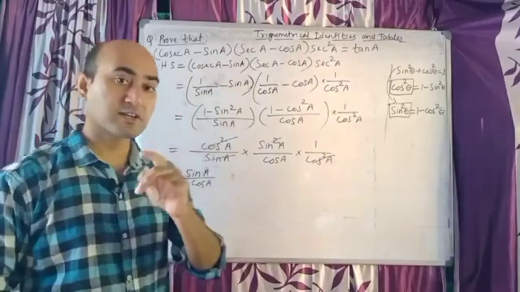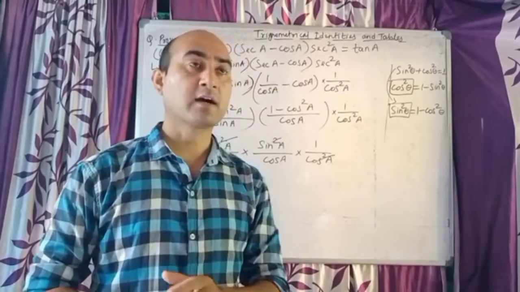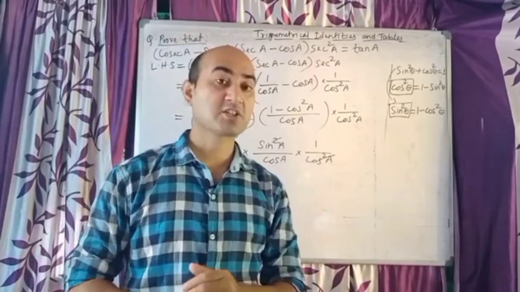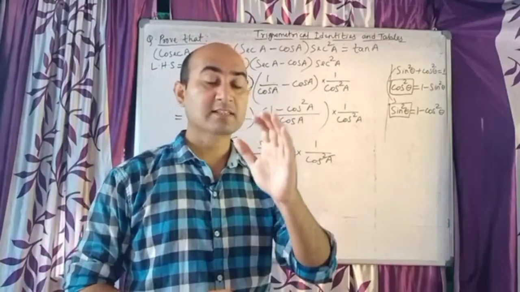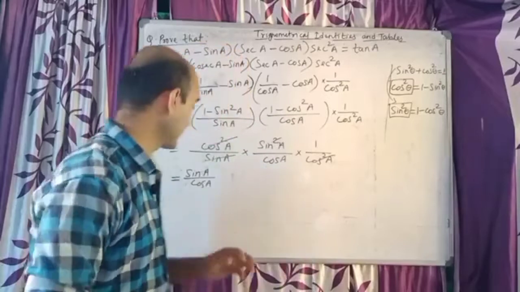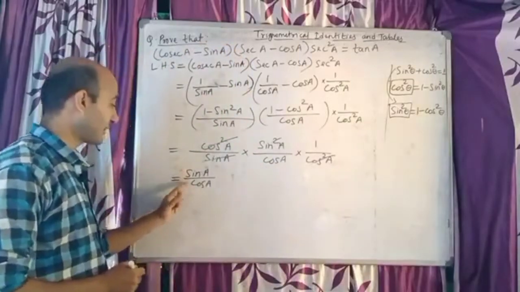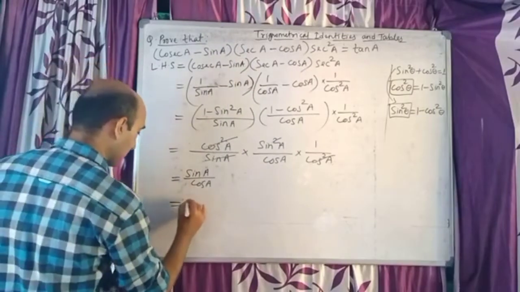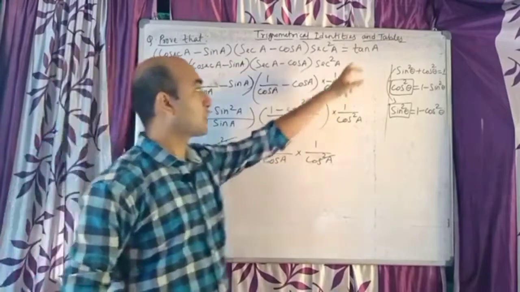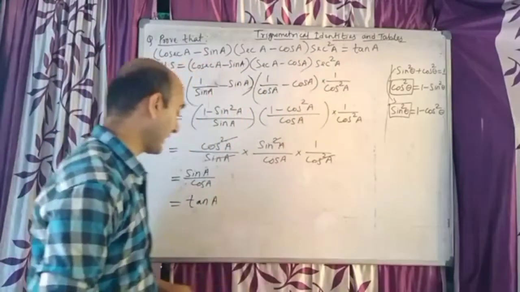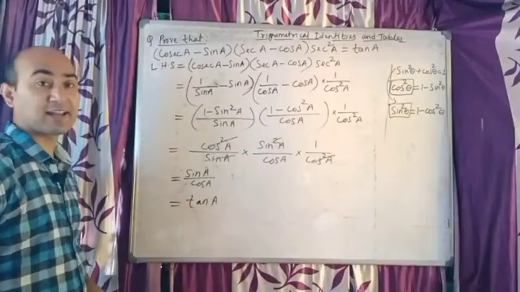Children, look at yesterday's formula list, the second last formula, not second last formula, it is I think formula number 16 you see. Tan theta is equal to sin theta by cos theta. Sin a by cos a, sin theta by cos theta, sin a by cos a is equal to tan a. Now you see children, what do we have in the RHS? We have tan a. What do we have now in the LHS? LHS also has become tan a.